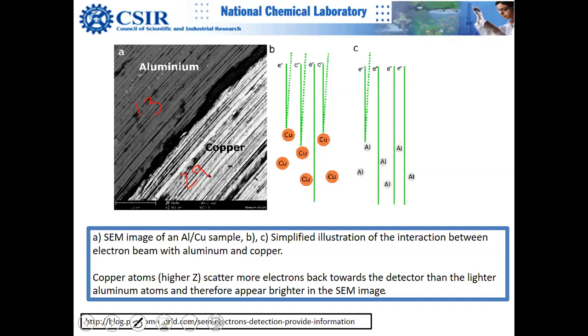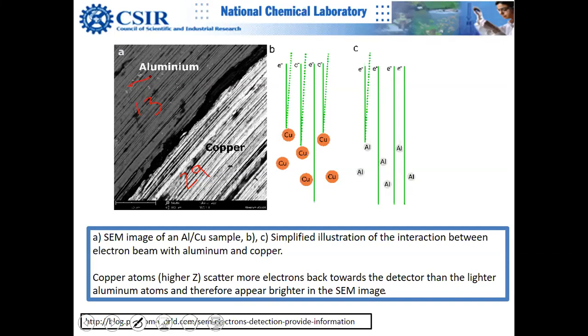So okay, now in this case, the problem is, as you rightly mentioned, that I have a backscatter detector, and it will tell me that aluminum is scattering less. My backscattered electron detector, when the beam is on this surface, will record fewer backscattered electrons, and when it is on copper, it will record more. So it will just tell relatively that this is low Z and this is high Z.